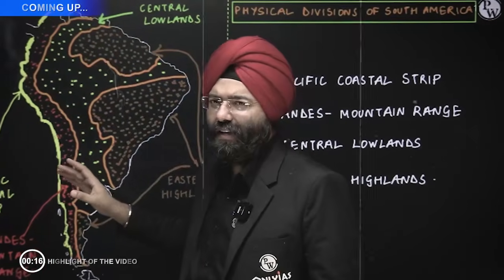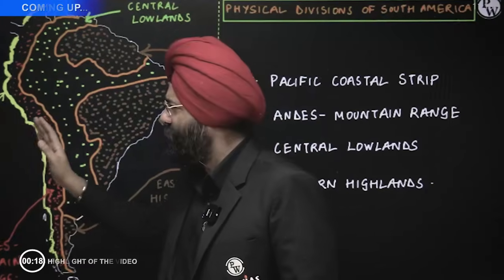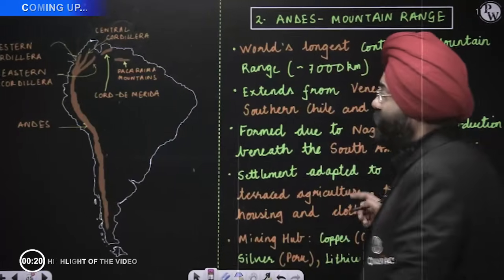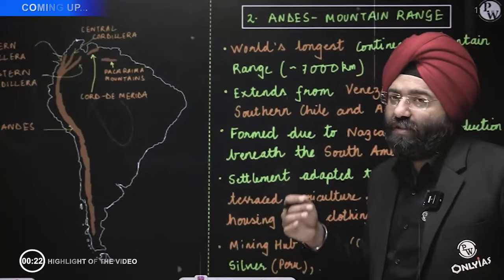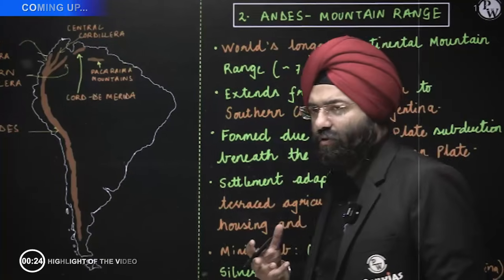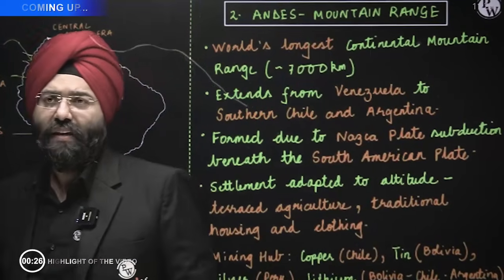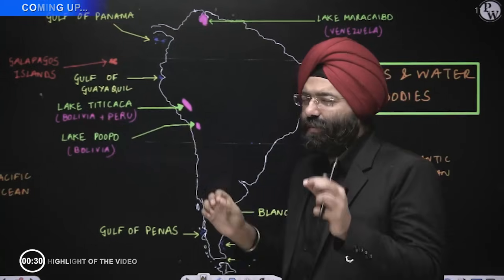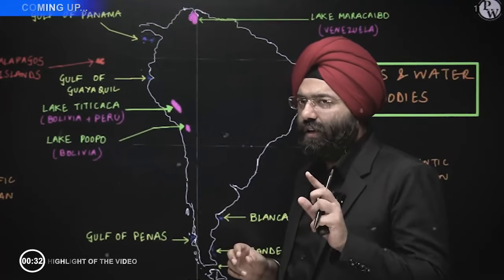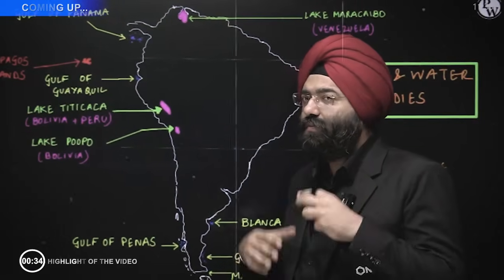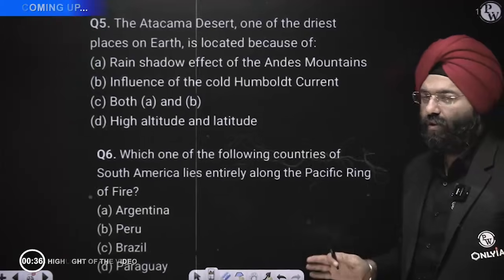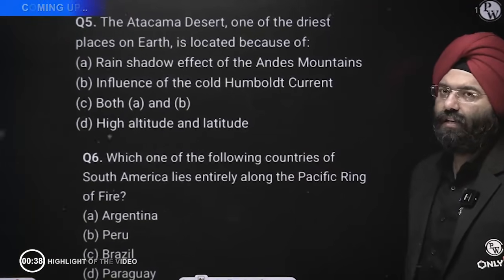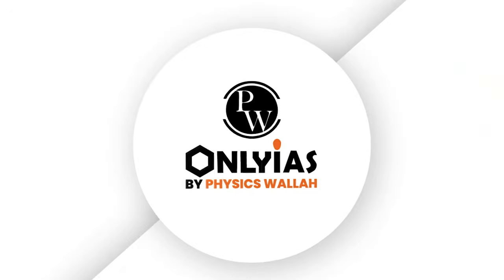So this basically lies between the Pacific Ocean and the Andes mountain range. Now these regions are also centers for a lot of important minerals, so mining activities also go on here. So the minerals that are found here are, that is Lake Titicaca. It is basically not associated only with one country, it is associated with 2 countries, and that is why it becomes important for UPSC. Pause the video, check it for yourself and see if you can manage it.